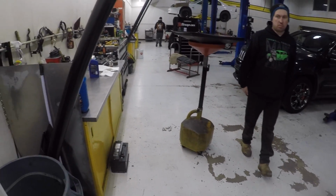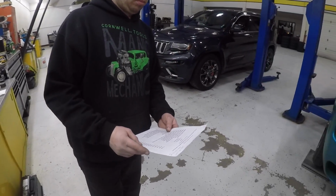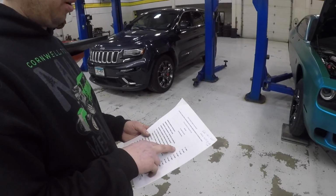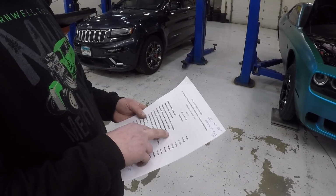John, let's go over everything we did here, and you tell these guys at home if it's easy, hard, or whatever, so they know what to do. Okay. All right, so removing the exhaust, removing the sway bar, removing all the shielding underneath, everything in the trunk,